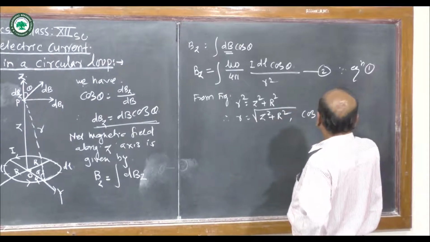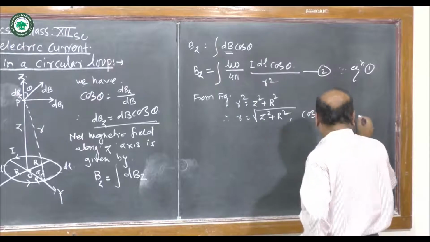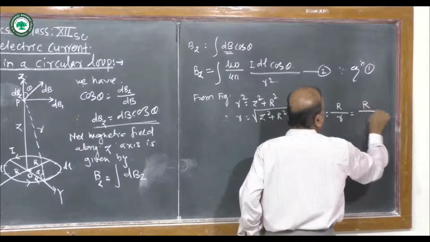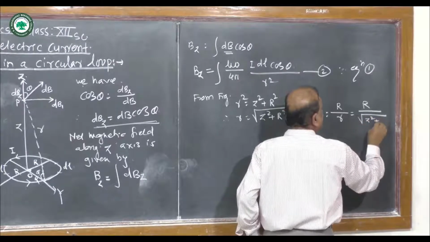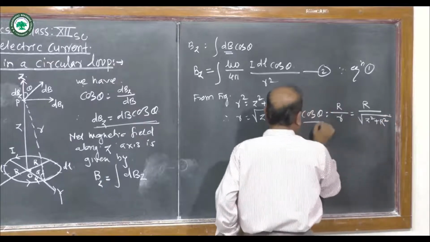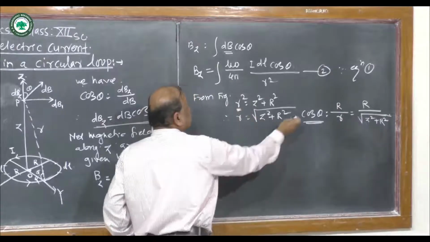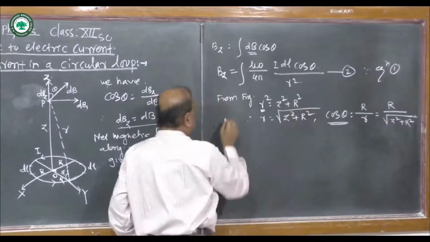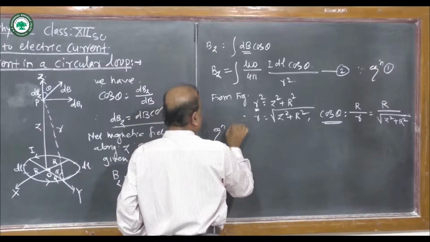Cos theta is the radius R divided by small r, so cos theta is equal to R divided by the square root of z square plus R square. Now putting the value of r square and cos theta in equation 2, equation 2 becomes